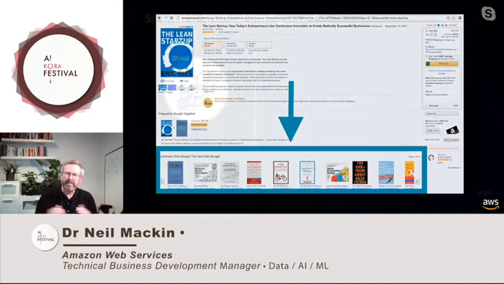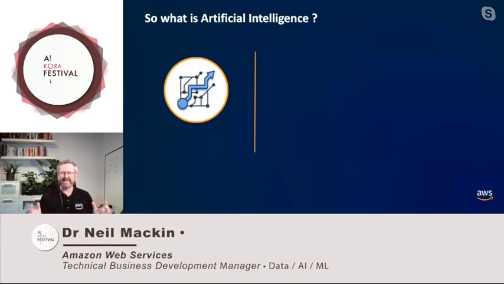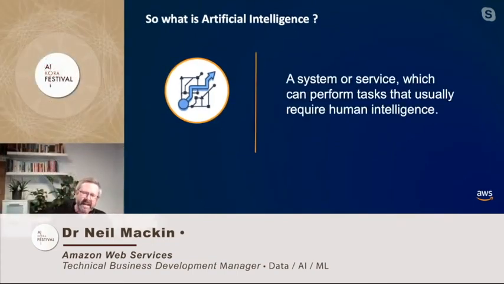So stepping right back, it's worth asking, what is artificial intelligence? What did I write down on that napkin in that pizza restaurant when I was chatting with Janet? At a really high level, AI could be described as getting a computer, a system or a service to perform tasks which we usually think of as requiring human intelligence. But we can unpack it a bit more.